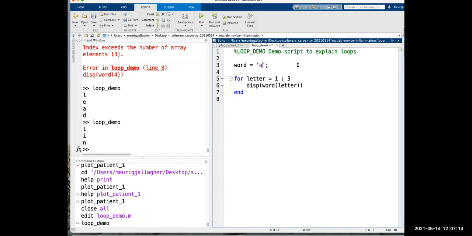So let's take a longer word. Let's take aluminium or aluminum. This is an American repository that we're working on, but let's cheat and use the British spelling. So it's aluminium, as we all know. And instead of going 1 to 3, because we have more letters in aluminium, we could do 1, 2, 3, 4, 5, 6, 7, 8, 9. We could either do 1 to 9, or we could use a different function in MATLAB called length. So length just says how big the word is. So for each letter from 1 to however many letters are in the word, display the word in that letter.